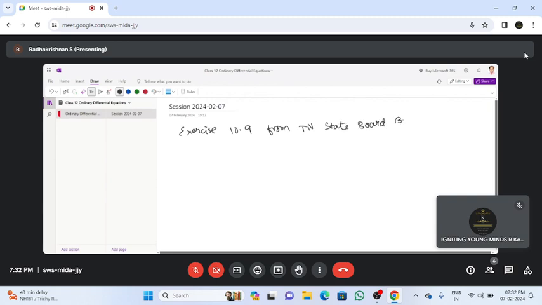Okay, so this is what we're going to be doing. Exercise 10.9 from the TN State Board book. Let's look at the first problem. Okay, the first problem is to